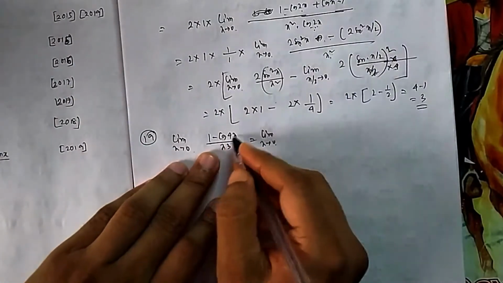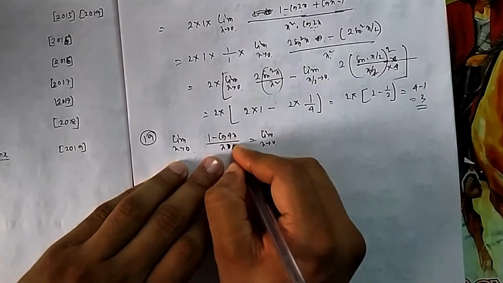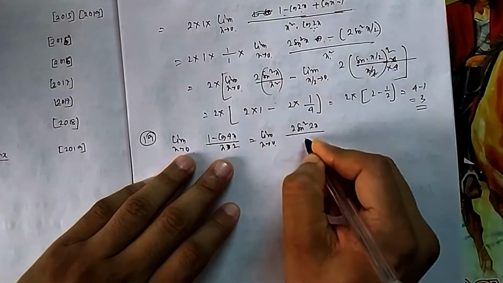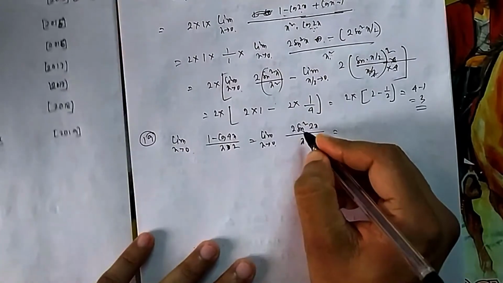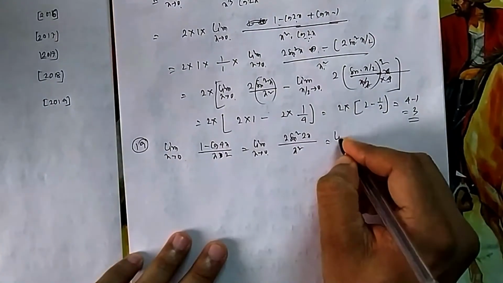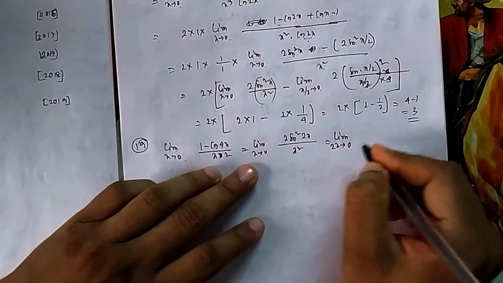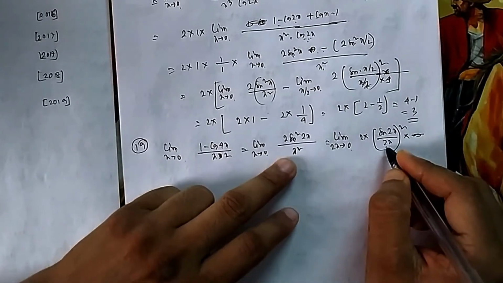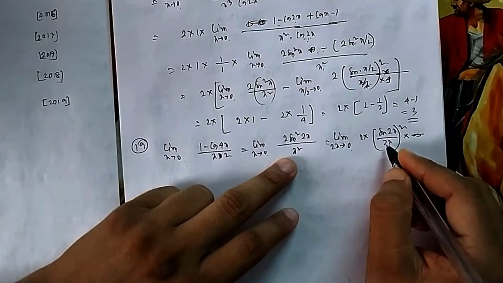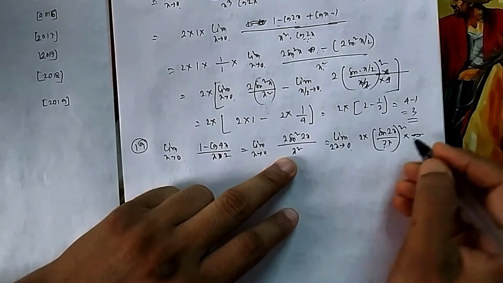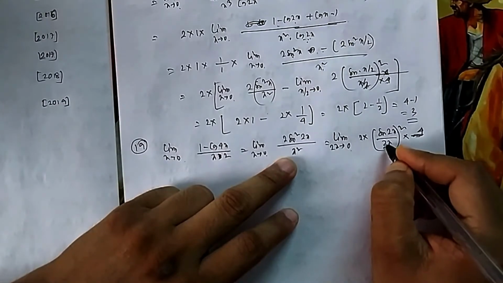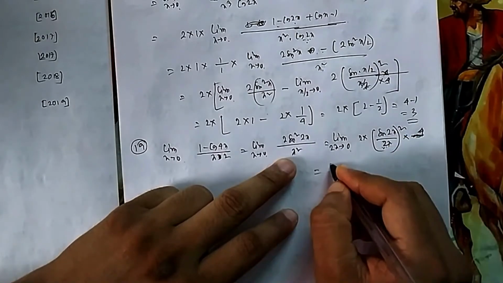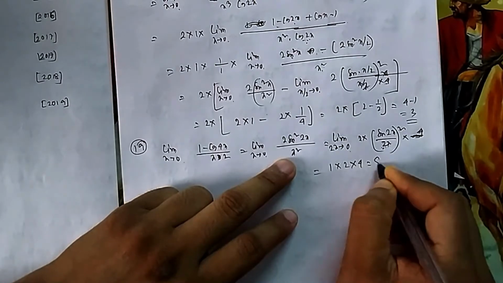In 19 it is limit x tends to 0, 1 minus cos x by x square. So again you use this one, 1 minus cos 2x is 2 sin square x divided by x square. So here 2 sin square is there, so that's why x square is also there, so there will be no issue. I am writing 2x tends to 0 for this formula. Now again you can see it was only x there, so I am writing x square is okay. This 2 is given extra, so 2 square, this 4 will come here, because it is 2 square, 4 I have given extra, so to cancel out that one I have given this 4. So this becomes 1, so 1 into 2 into 4, that is 8.